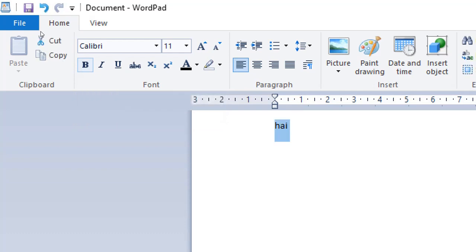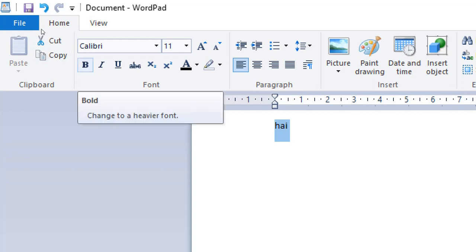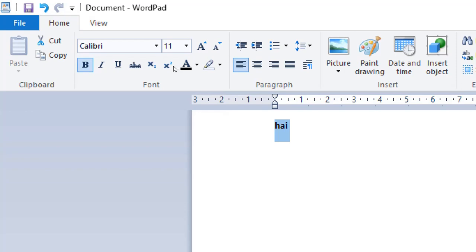So I am going to select this hi and click bold. The word will be displayed as heavier. So you can observe the changes. Next, if you want to provide italics, you can change that, and it will be displayed as italics.